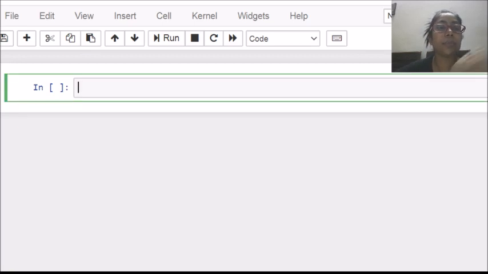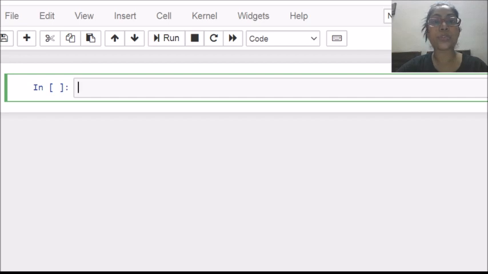I have opened my Jupyter notebook and I am going to perform the first conditional statement practical, in which I will read a number from the user and I will check whether it is positive or negative. That was my first example. So let's take one input from the user, and if you don't know how to take input from the user, I have made a separate video for that. Go through that and you will come to know.